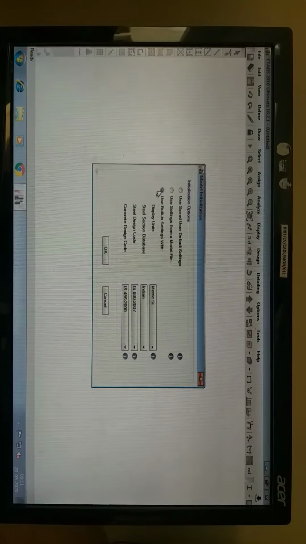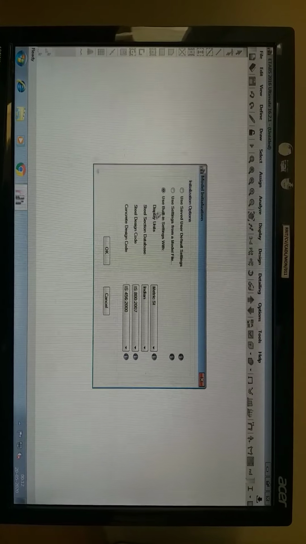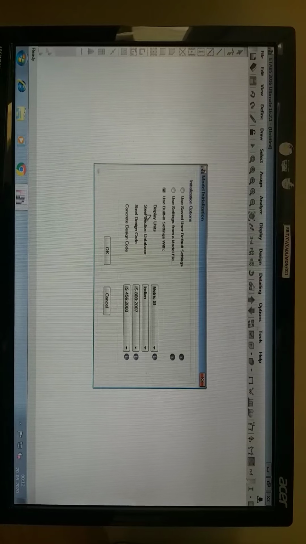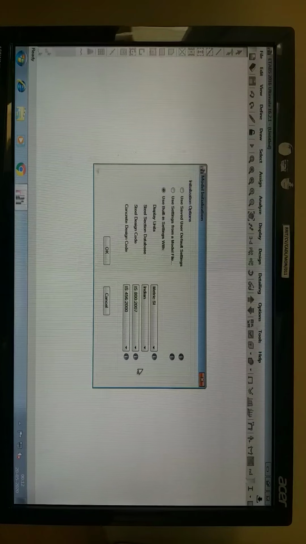The very first option is display units. We require SI units. Why? Because the truss we have assumed has metric units, that is, in meters. So that's why we go with metric SI.